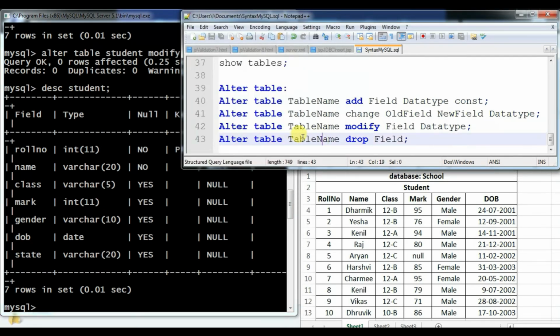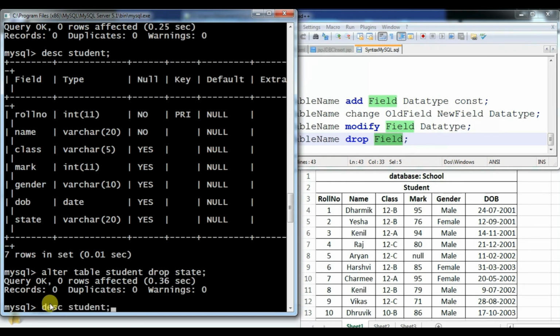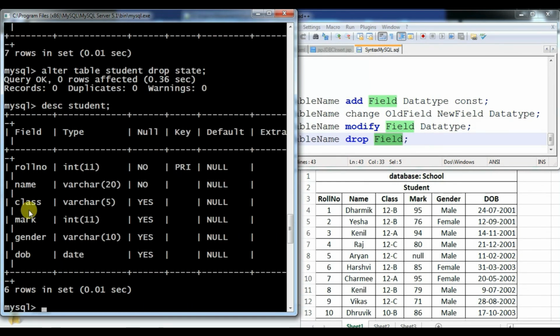And the last one is alter table name and drop a particular field. Suppose you want to remove a field from your table, then you can use drop with one field name over there. As per this table, we want to remove the state field, which is not necessary right now for our table. Then what? Alter table name, and at last, instead of change we have to write drop and the field, that is state. Enter. Now check whether the state field is there or not. See, we have till DOB, that is our previous table that we had created with the name student. We have a total of 6 fields only.